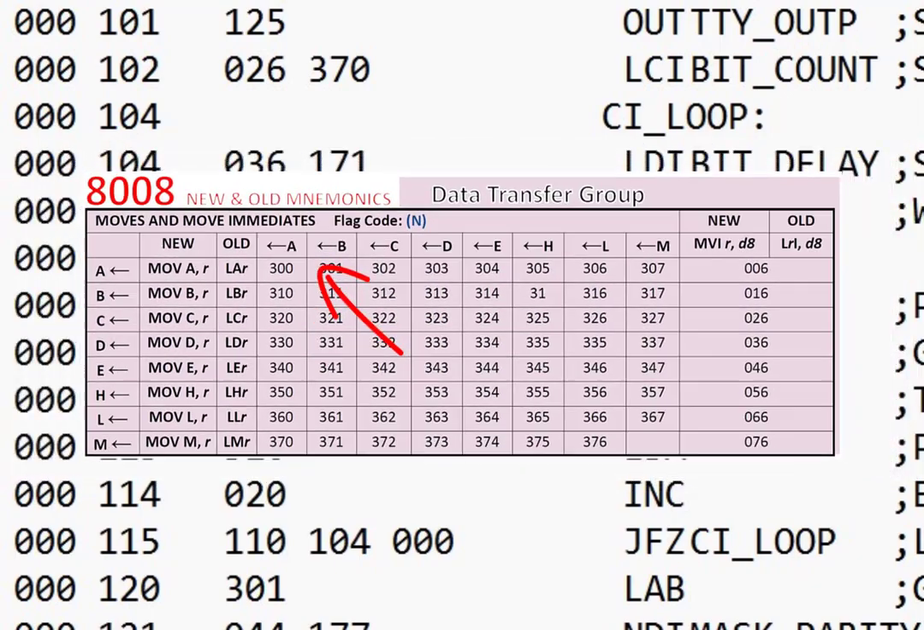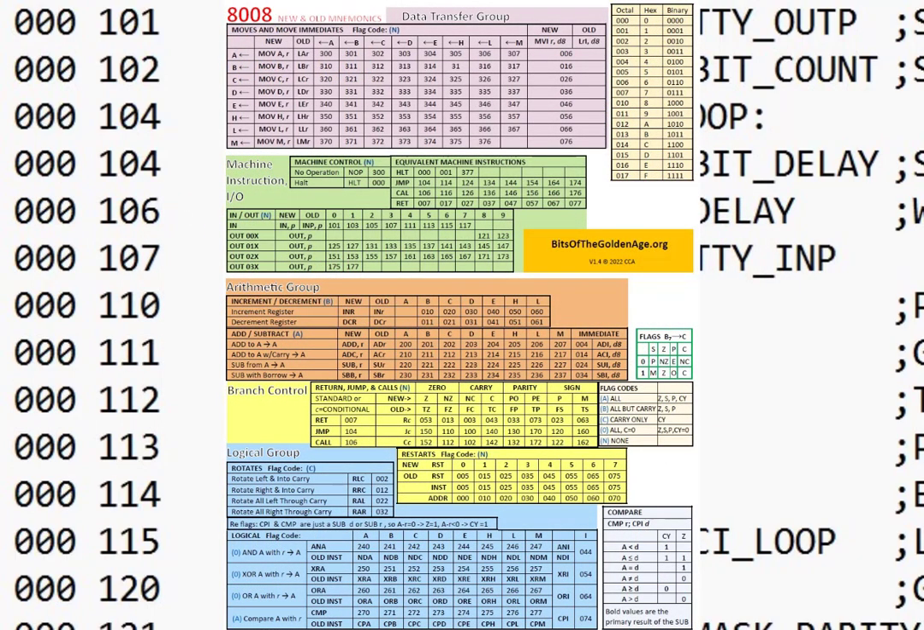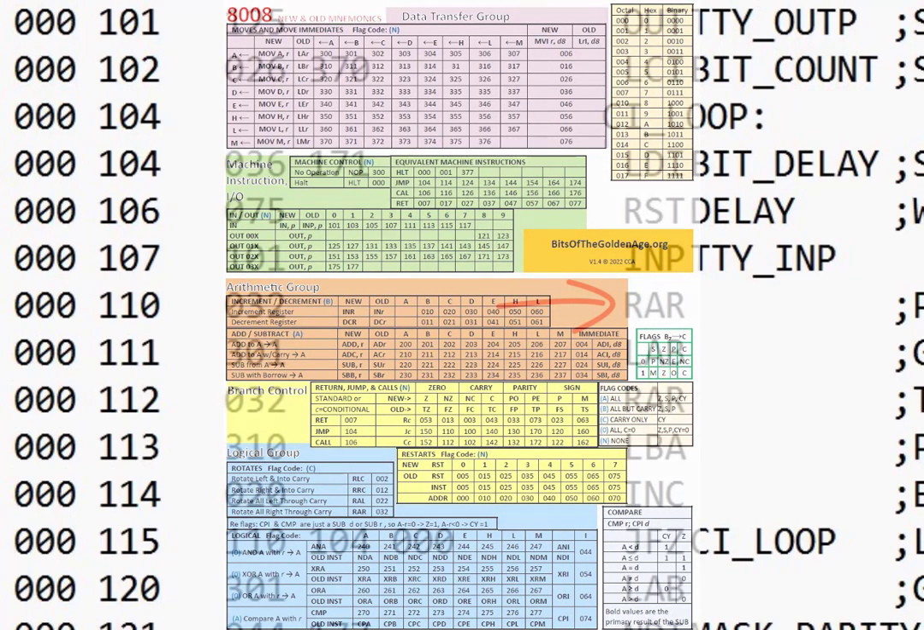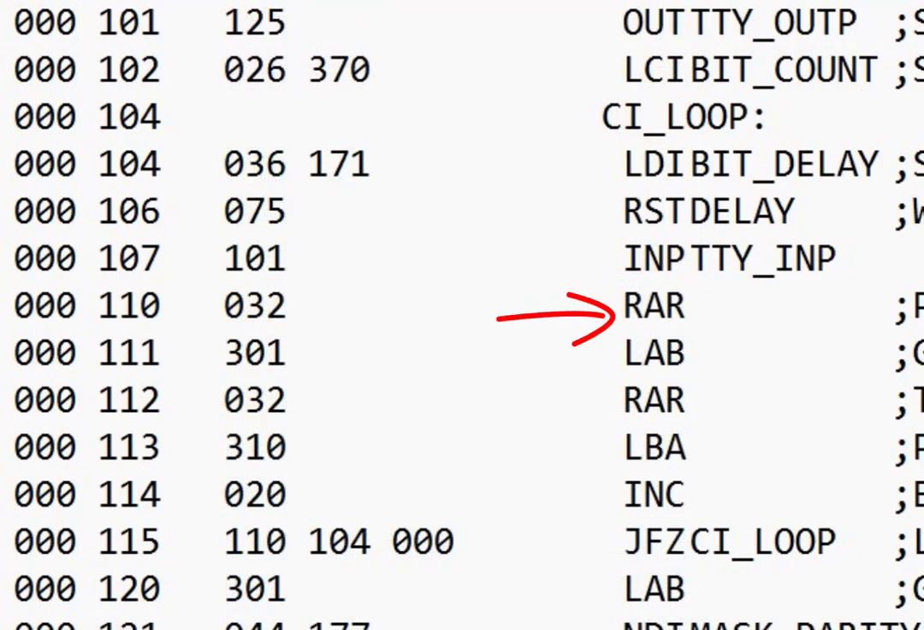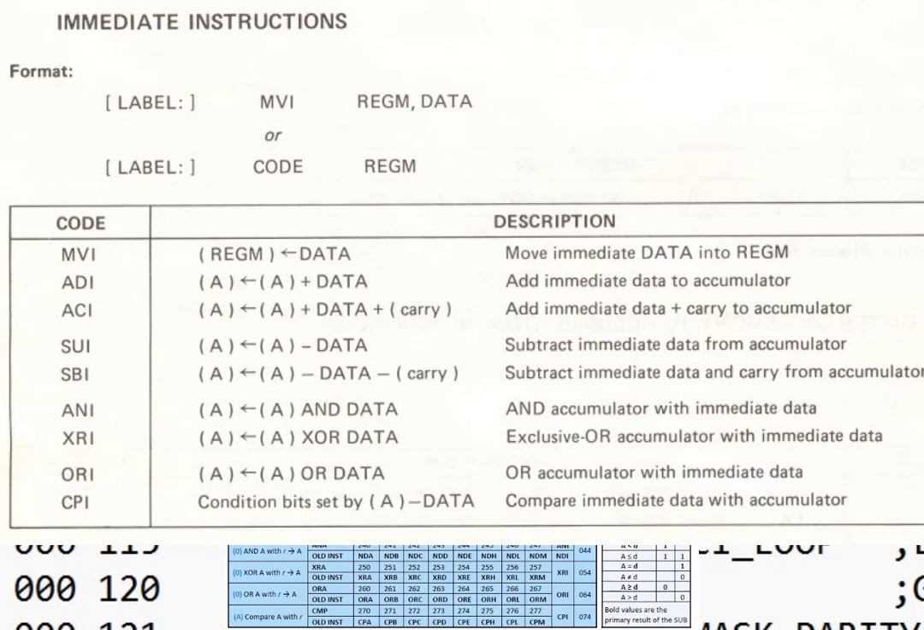Now, most of the 8008 instructions are 1-byte instructions, and many are reduced from a mnemonic and an operand if you're using the new mnemonics and the new syntax. But if you're using the old mnemonic, then you can more easily see that these are 1-byte instructions because they won't have an operand with them. The new mnemonic and syntax was, of course, introduced so that it could be consistent with the 8080